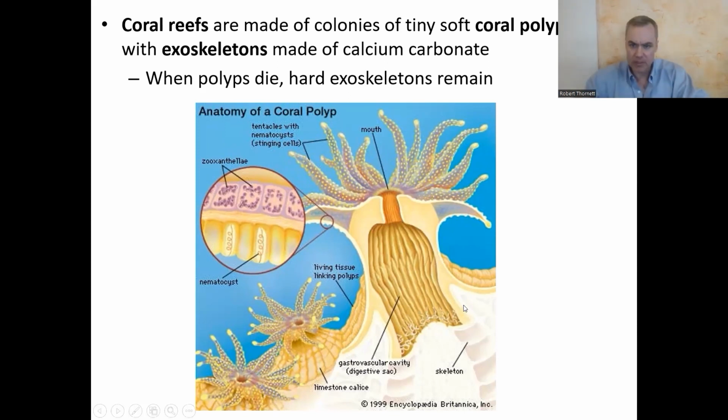So this white stuff on the outside is hard calcium, almost like a piece of stone. Basically, it's calcium carbonate. So you put many, many of these polyps together, all with their little exoskeletons, and you make up a colony. And then you can have a whole coral reef built out of many, many polyps in their exoskeletons.